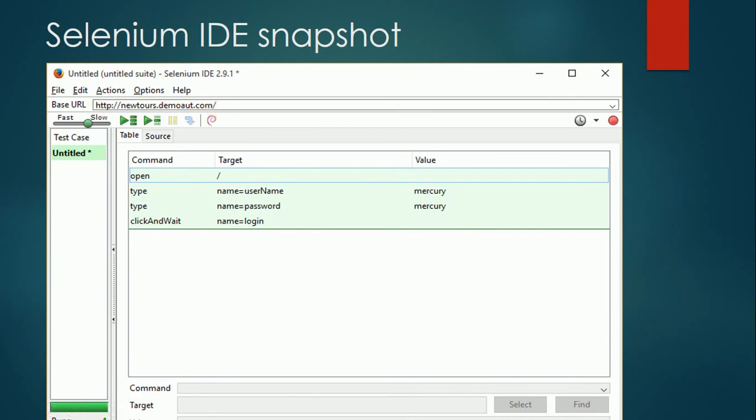And these are the set of commands you see. Command open, then type your username, type. These are all recorded using record and playback. I've not done anything in this. These are just automatically recorded, and when I play this, you will see that it will run. So let's see this.